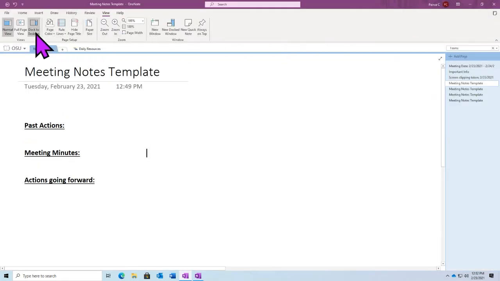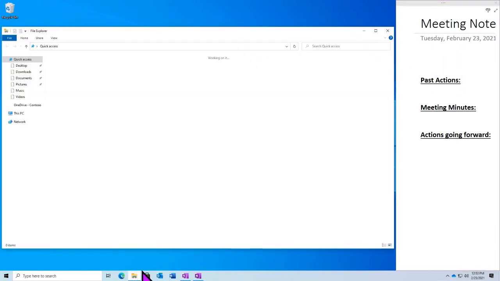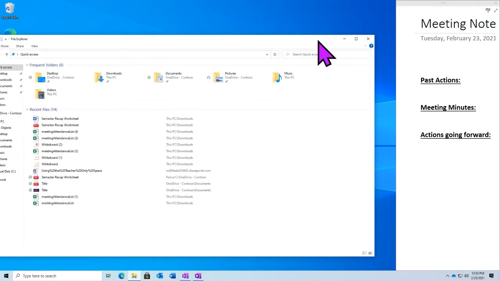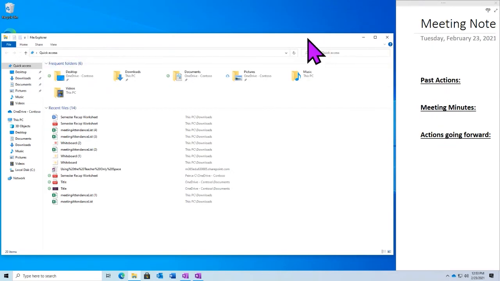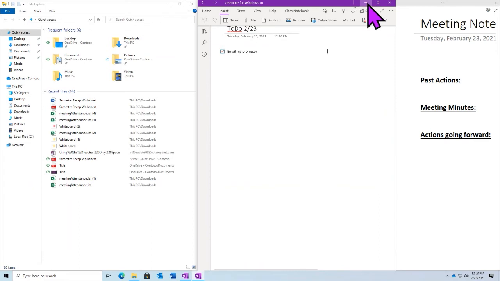One of the other options we have is to dock to desktop. What this will do is put our window on the right-hand side, and now any windows that we open, if we try to make them full screen, will only go up to where that notebook ends. So essentially, this space is dedicated for our notebook, and any other windows will begin working in the space left after that.